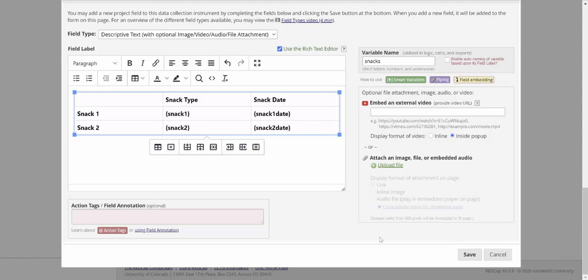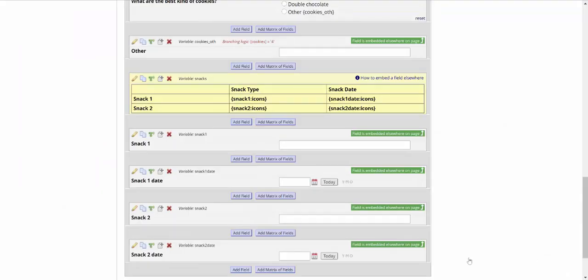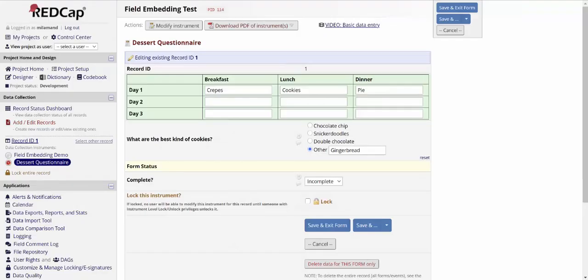But if I want the icons to display next to these, I'm going to have to add it in. I'll do that by adding a colon and then the word icons. This has to be inside of the curly brackets. So now when we look at our data entry form,